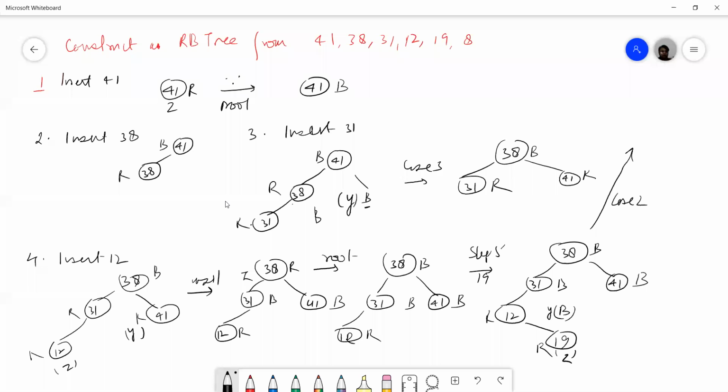So case 2 is applied, so 19 will go here, 12 will come down. So after applying case 2, what we'll get? 38,